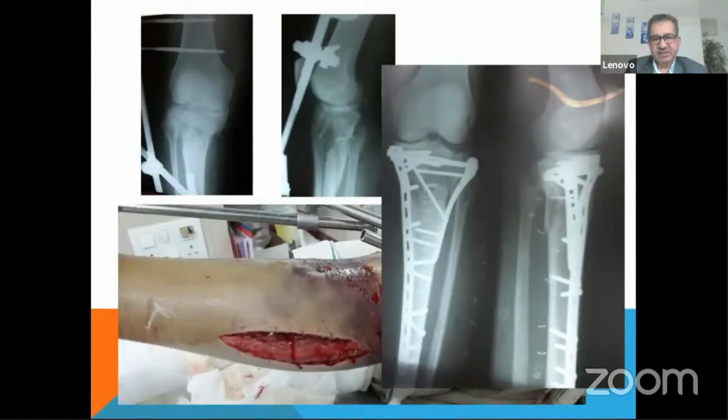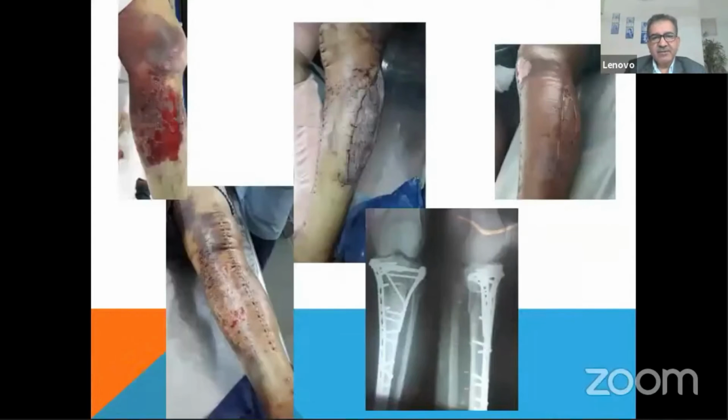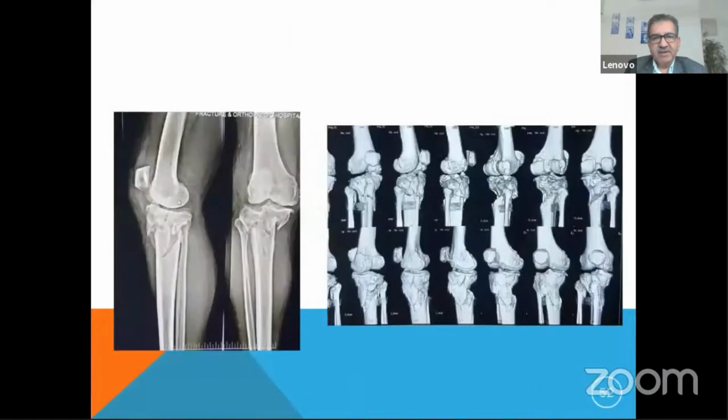It may take about 3 weeks, but within 3 weeks, you should go for a definitive fixation. Otherwise, the pin tracks start getting infected. So this was operated after 18 days. And you can see that everything is healed, and the skin graft has also taken up very well. This patient,